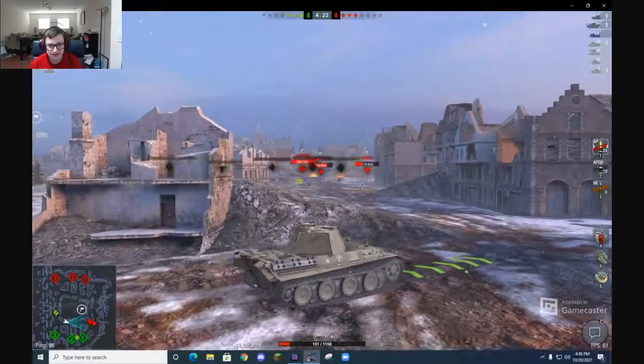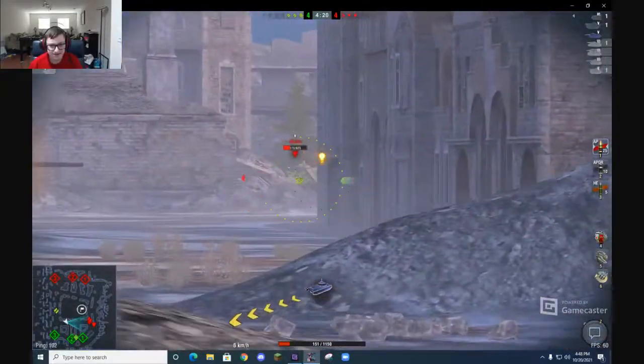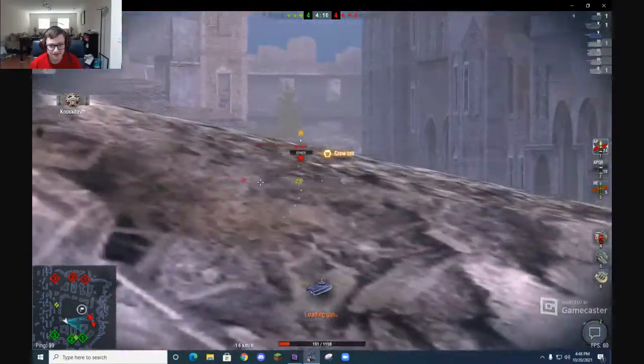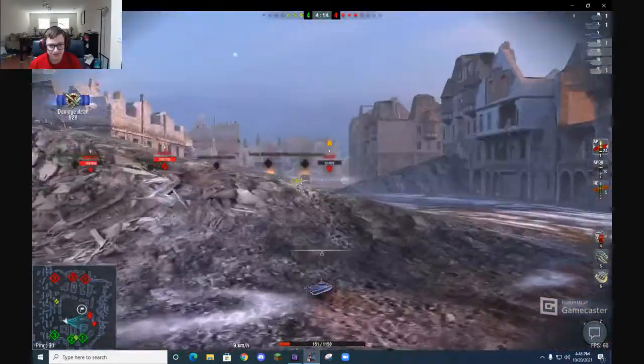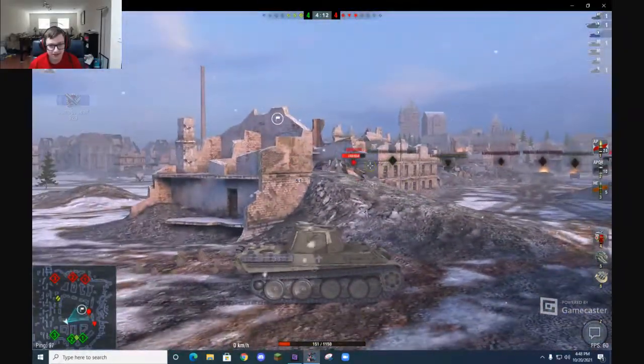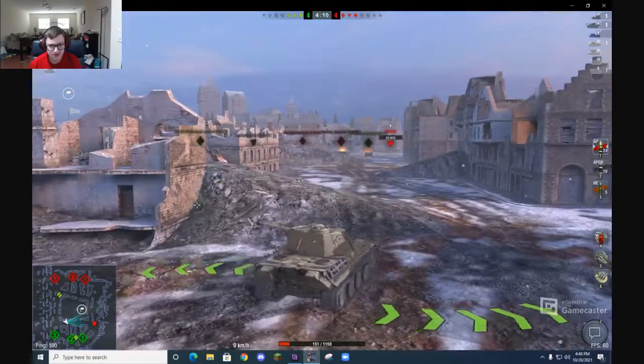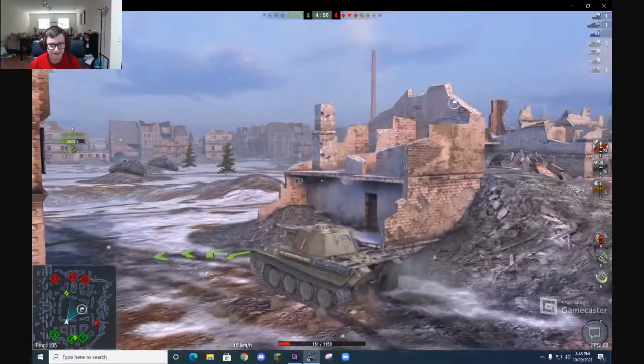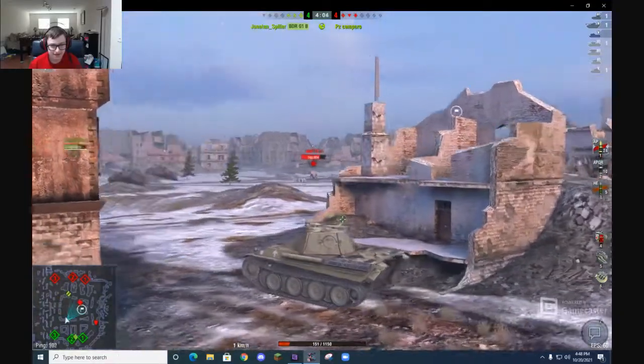Missed. Ooh, that SU-85, I want to get him. He's a one-shot to everybody. So 1 HE. Or maybe not. AMX, though, he's looking to circle me. He probably has to do some damage to me. But if I sit in the open, or not in the open, if I sit in the cover...